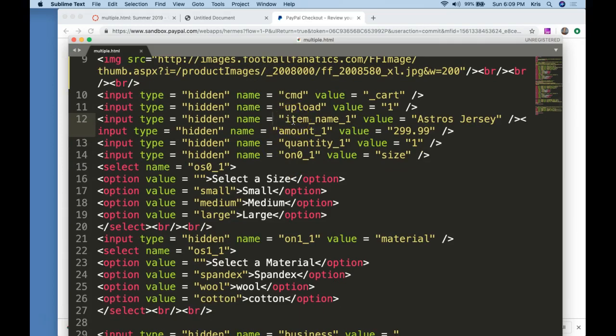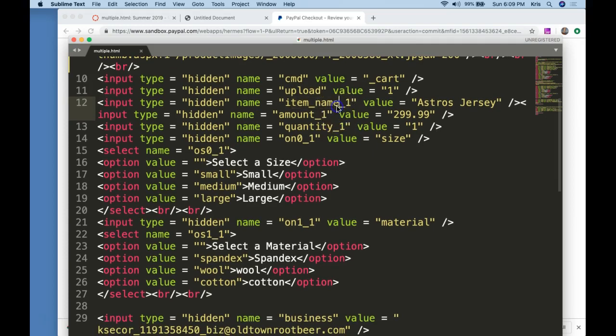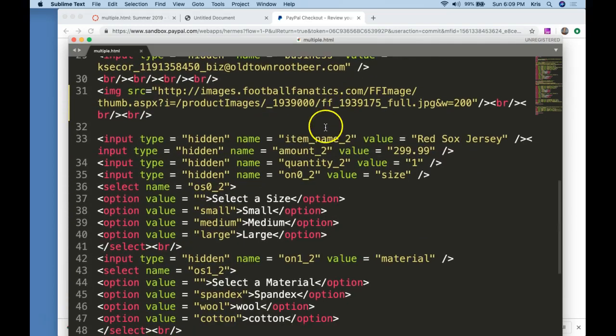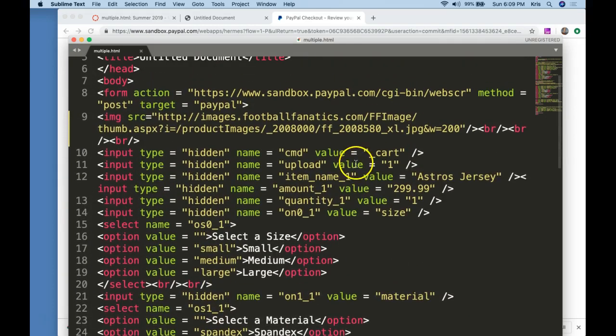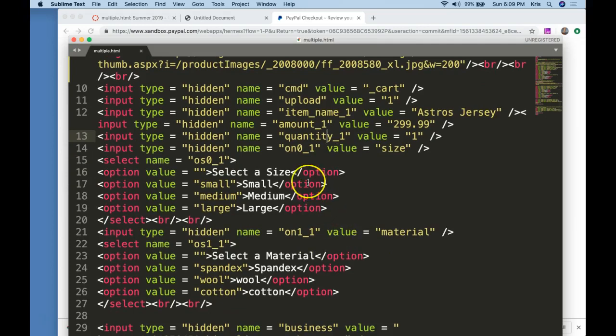So all we did was take the original buttons from last week and add to them with multiples. So instead of just having item name blank, we have _1. And with our second product, we have item name _2. So that's fine and dandy, but you'll notice there's an _1 for each one of these things. I can pass amount, quantity, but how do we